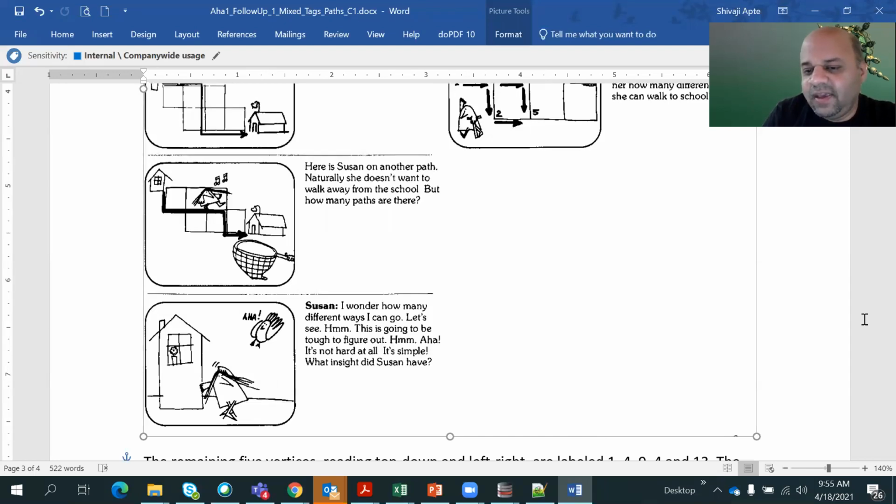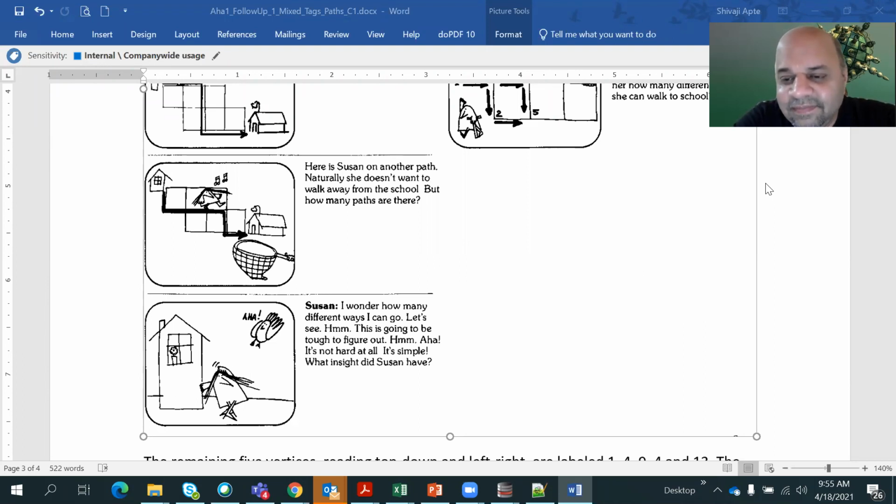6 ways. Okay, Ramnath is saying. But Ramnath, did you do it? Did you do it properly on the paper? Because you might have missed something. Or how did you do it? Just looking at it, even I will not be able to do it without a pen and paper. 13. Shreyas is saying 13. Shreyas, did you put it and calculate? Yes, sir. Okay, and you are convinced that it is 13? Yes, sir. Okay, very good.